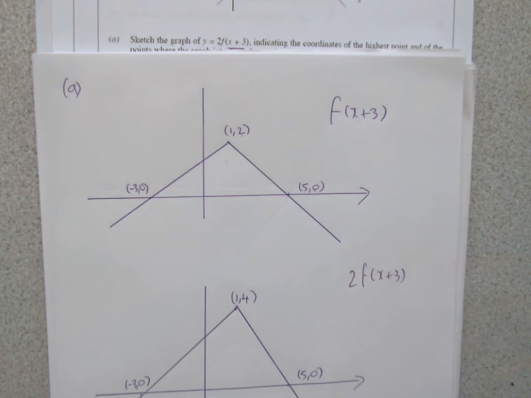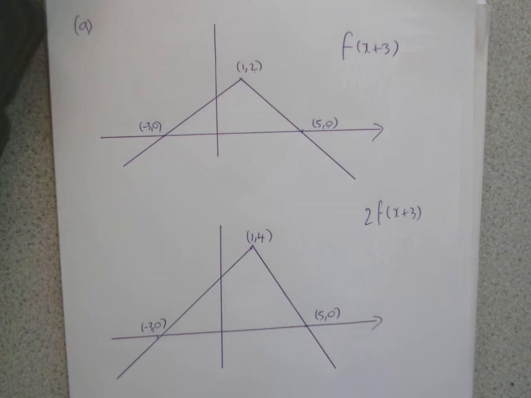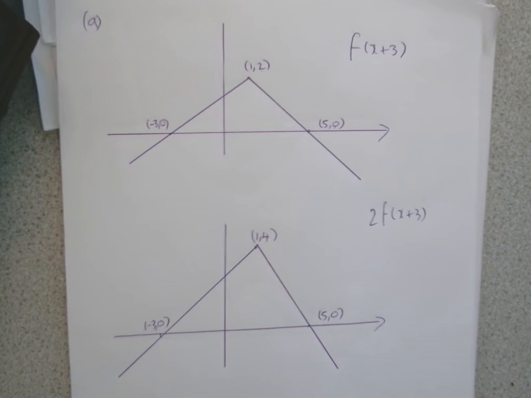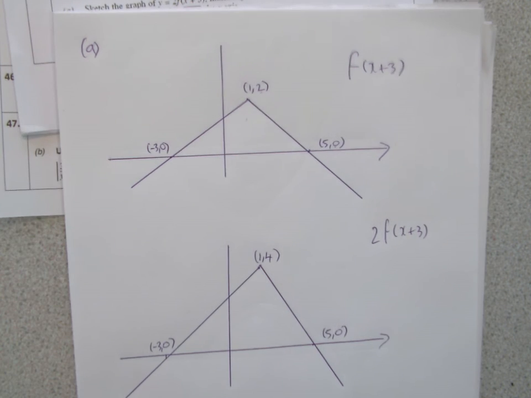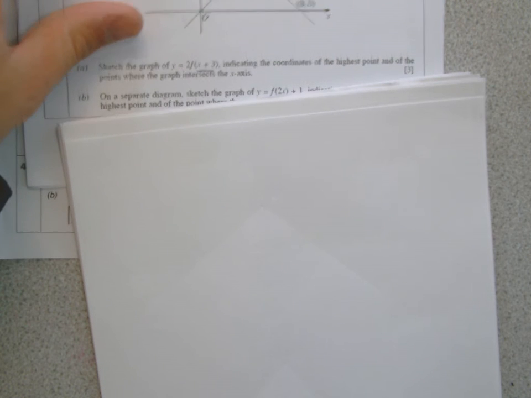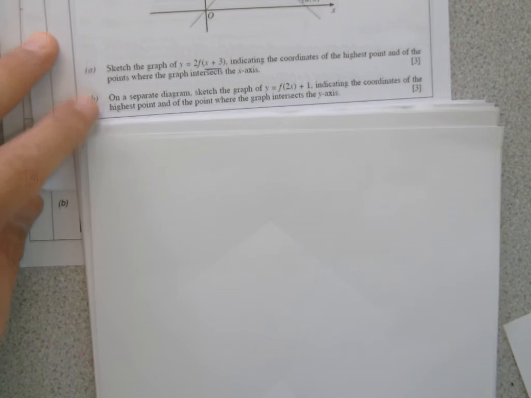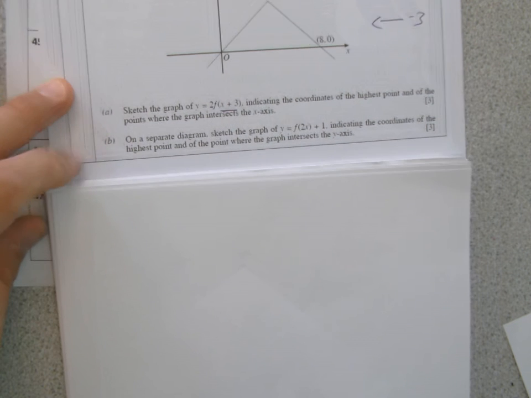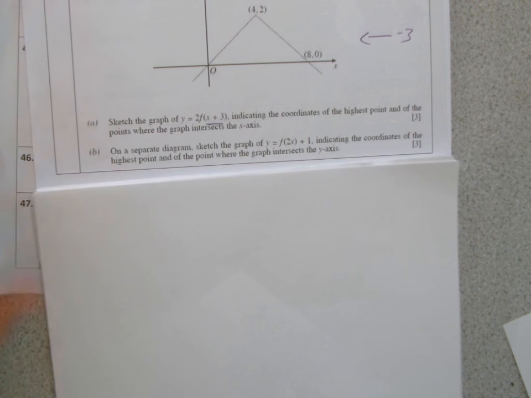So that's my answer. I get what I need there, where both transformations have been applied. Okay, so if we go on to part B, it says in a separate diagram, sketch the graph y equals f of 2x plus 1, indicating coordinates to the highest point, and intersecting with the y-axis. Now, quite simply, just like I discussed before,